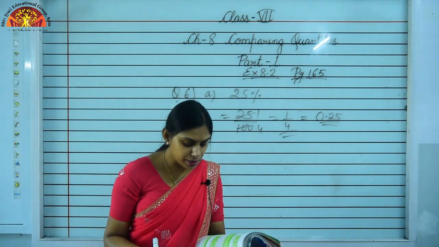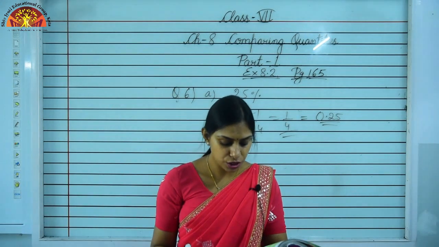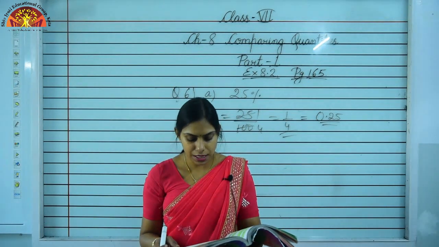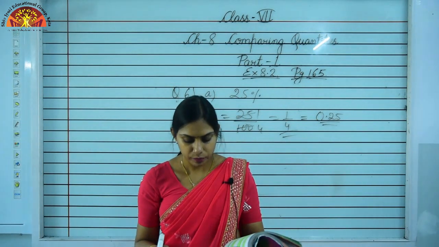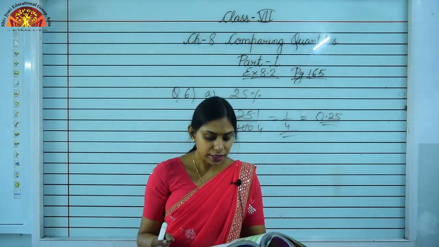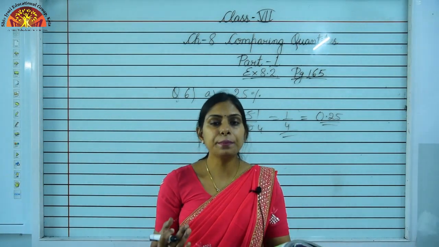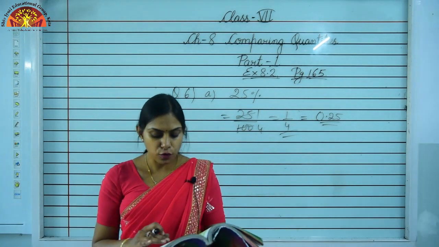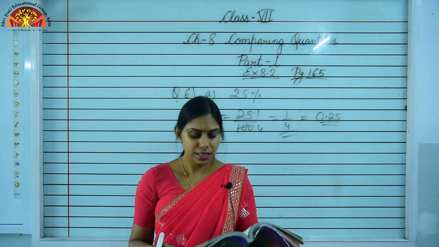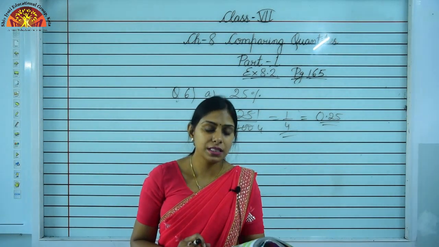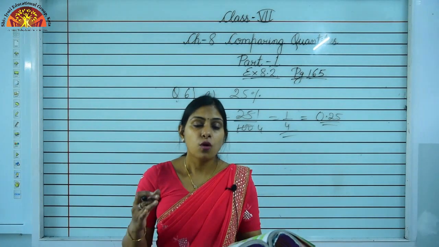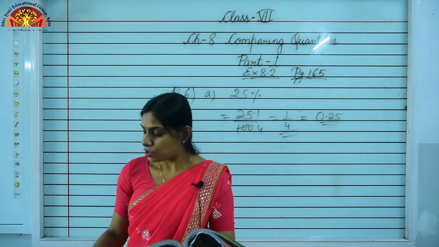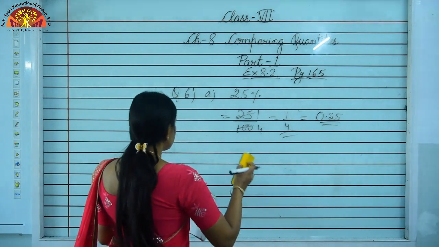Now just move to question number 7. Okay, just go through the question. In a city, 30% are females, 40% are males and the remaining are children. What percent are children? So what is given is 30% are females, 40% are males, and you have to determine the percentage of children. First of all, you can add the percentage of males and females. So 30% plus 40% will come out to be 70%. And the remaining percentage is children, that is 100% minus 70%. So it is 30%.